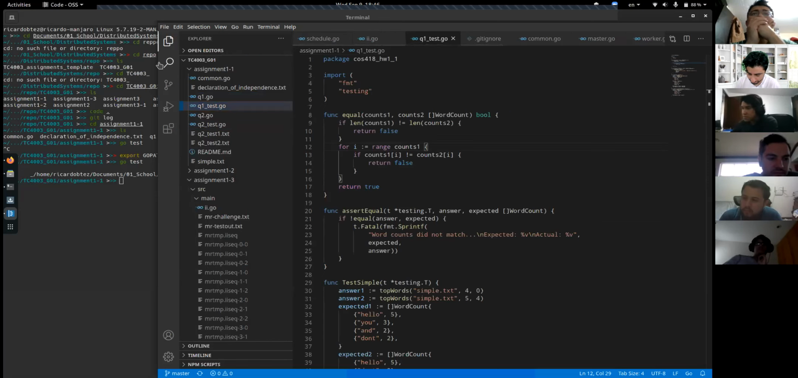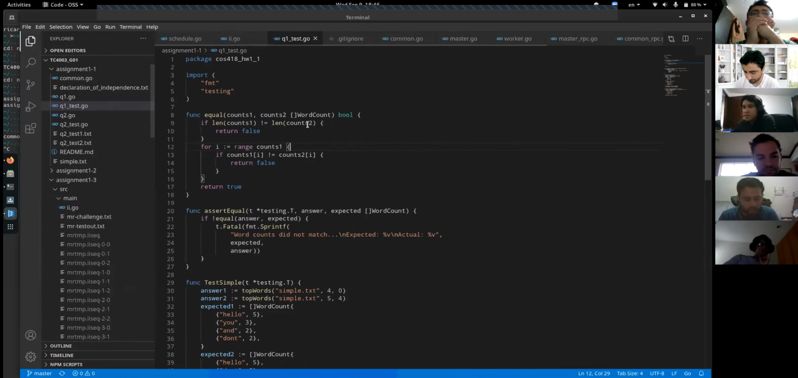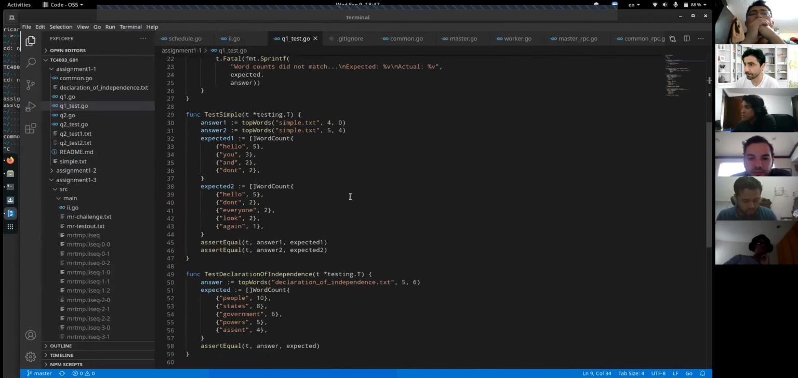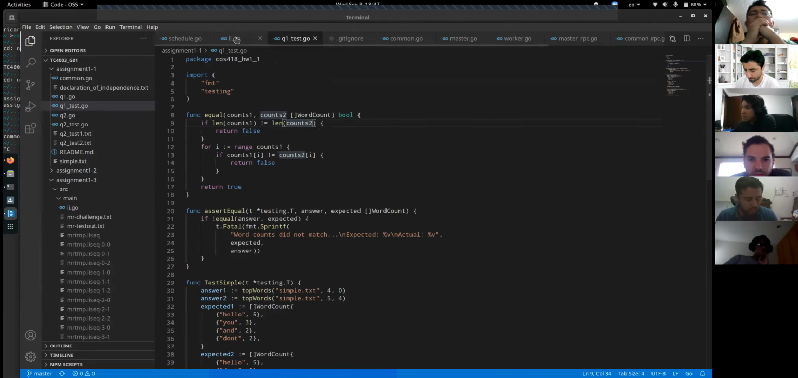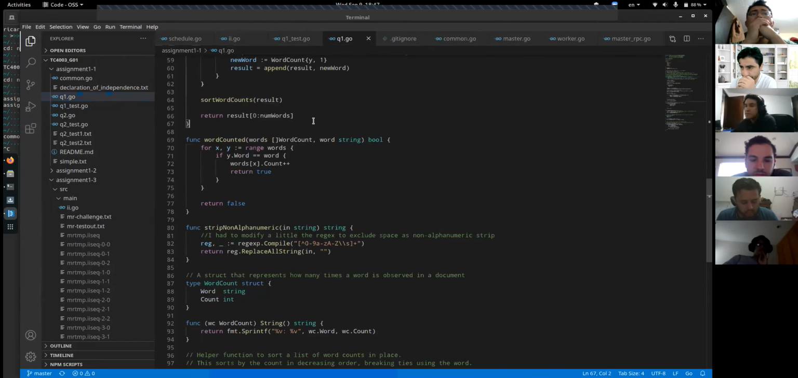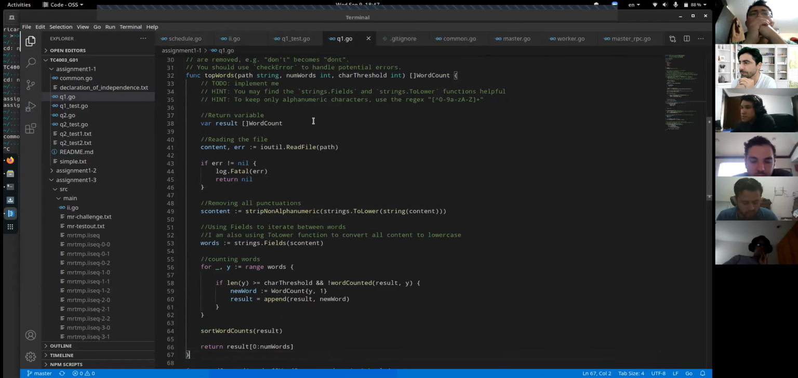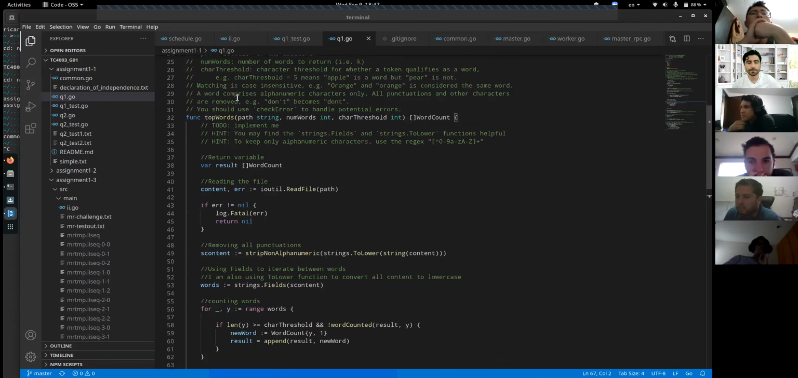Okay. So to me, when I saw Q1 and Q2, it seems like it was a ramp up for the real project, which was a map reduce, and it seems like Q1 was just a count of words in some input file, and then the objective was to find the top most repeated words in that file. So what I did is